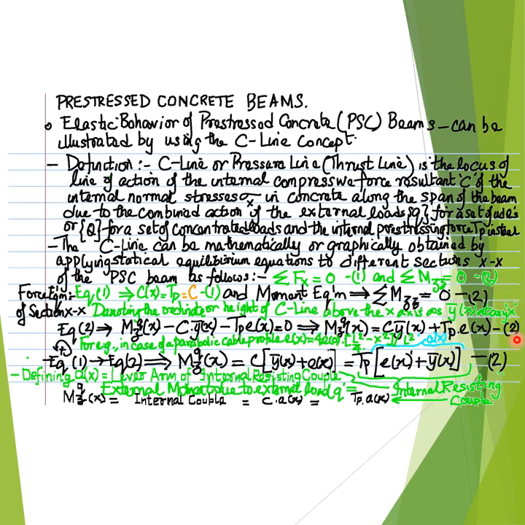the expanded form of the moment equilibrium equation, that is the statical equilibrium equation representing the statical equilibrium among the bending moments due to the externally applied uniformly distributed load and the internal compressive force resultant in the concrete C and the internal tensile force in the pre-stressing steel, that is capital T subscript P, as depicted by equation number 2,